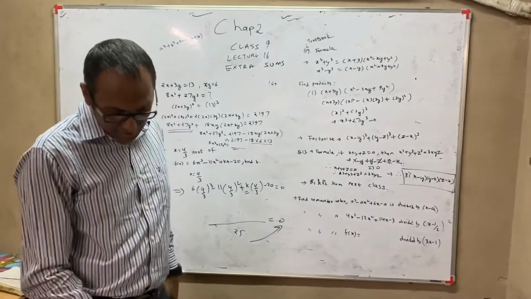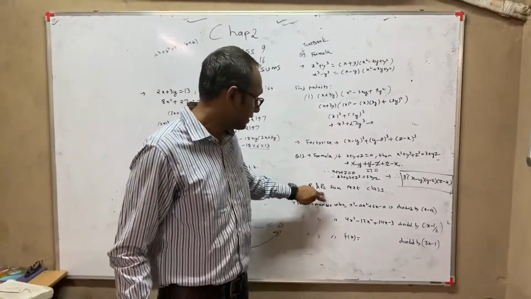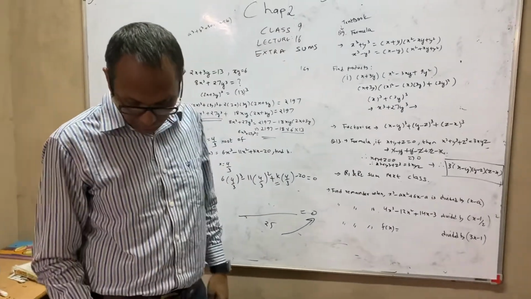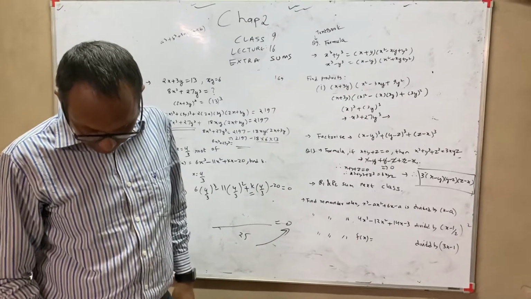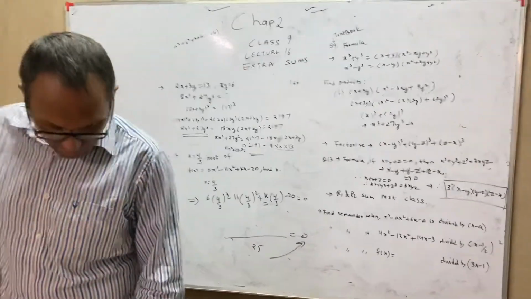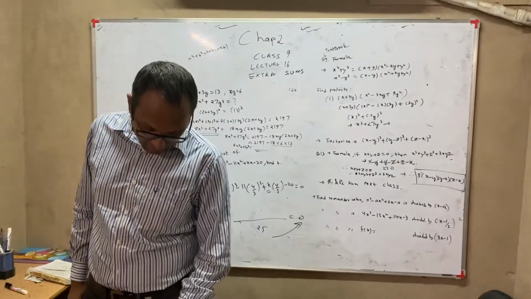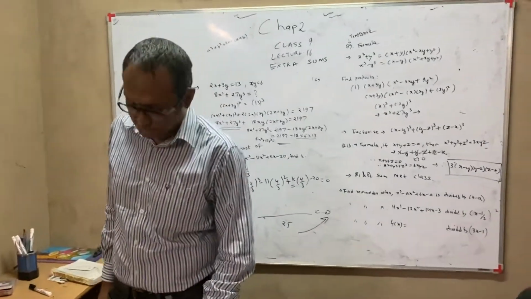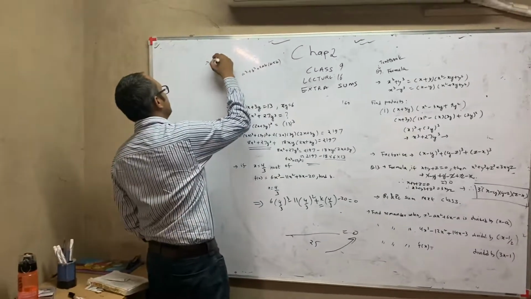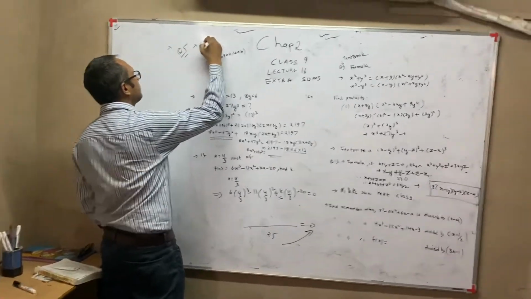The next question is: let R1 and R2 be the remainders. This sum we will do in the next class. This is the only one sum which I am leaving right now, apart from the root one. Now the next sum which I am not discussing at all is: use factor theorem to factorize the polynomial x cube minus 6x square plus 11x minus 6. This sum you will do by the same method as question number 5 of exercise 2.4.